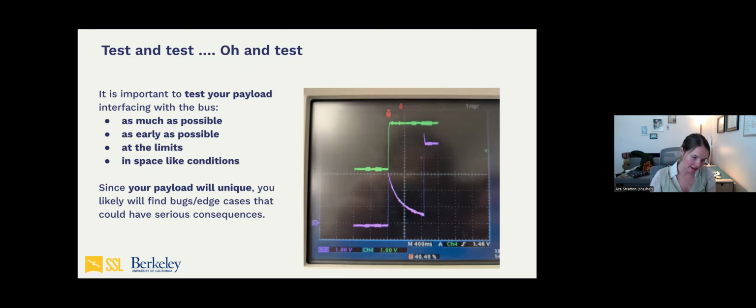So we test and then we test, and that's right, we continue testing. The reason testing is so, so important is that space is, as you can imagine, a really complicated and intense environment. So, like I said before, you want to do those tests as early as possible, at the limits, in space-like conditions.